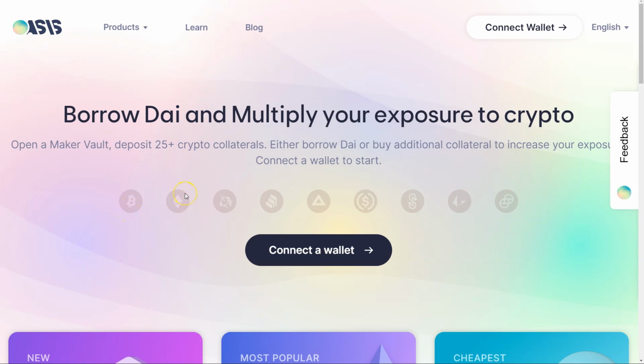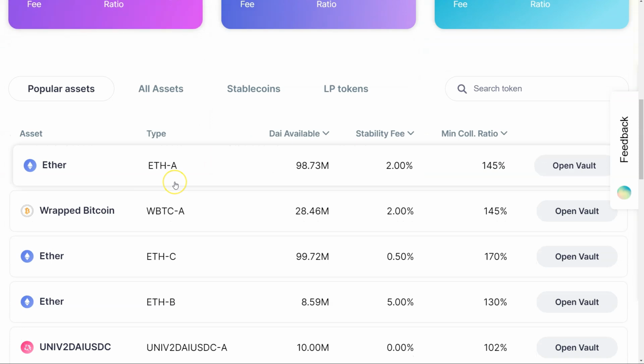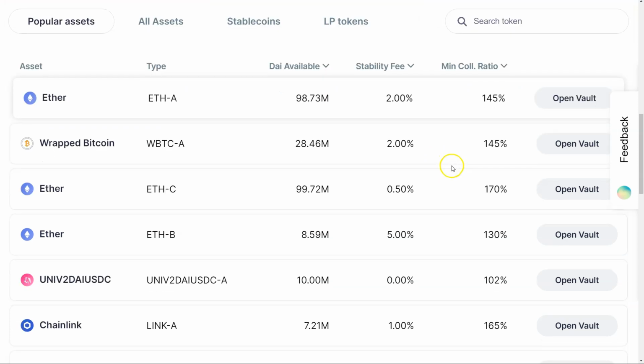Maker's Vault app or Vault creation app is Oasis, and it's almost as simple as Aave and Comp. It's probably still too complex for most average users. It's tough because do you cater to the try-hard legacy folks, the people who understand this stuff deeply, or do you cater to retail, lower capital individuals who can throw, Bernie Sanders style, $40 at a time into lending and borrowing stuff? I think the legacy people and higher capital individuals probably appreciate the complexities of Maker more. But in general, I think everyone can appreciate the simplicity of Aave and Comp, at least to me.